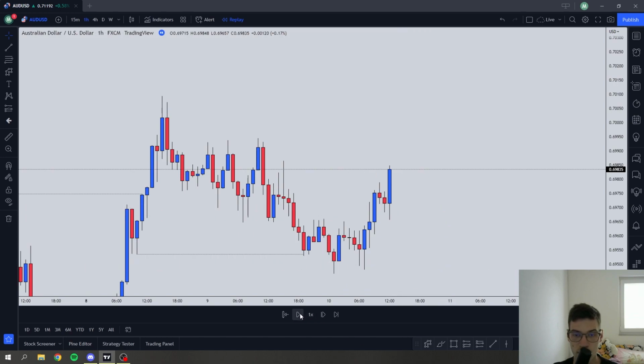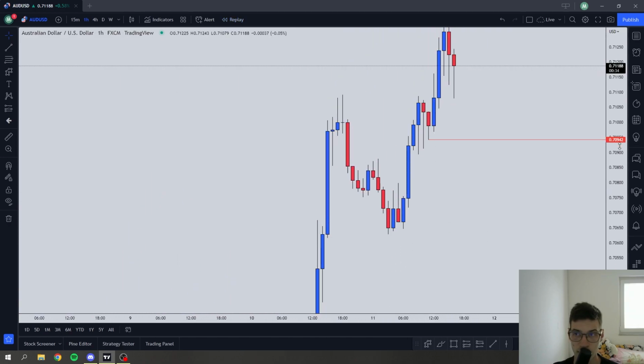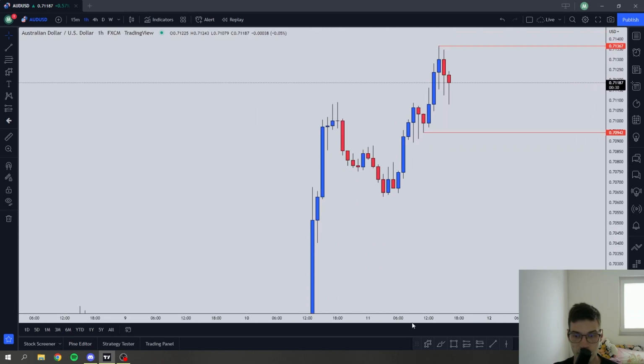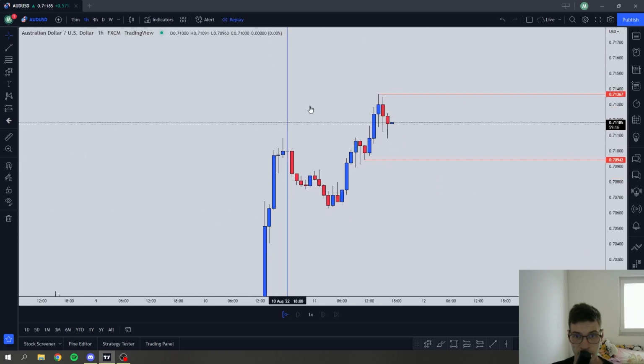So I was not in this trade, but it is now banking really large amounts of percentage. It just shot up because of news. So that's really good. And we will see what happens, if people who are in this trade will continue or if something else happens. So yeah, currently on this pair, what I'm seeing, there was another opportunity right here to